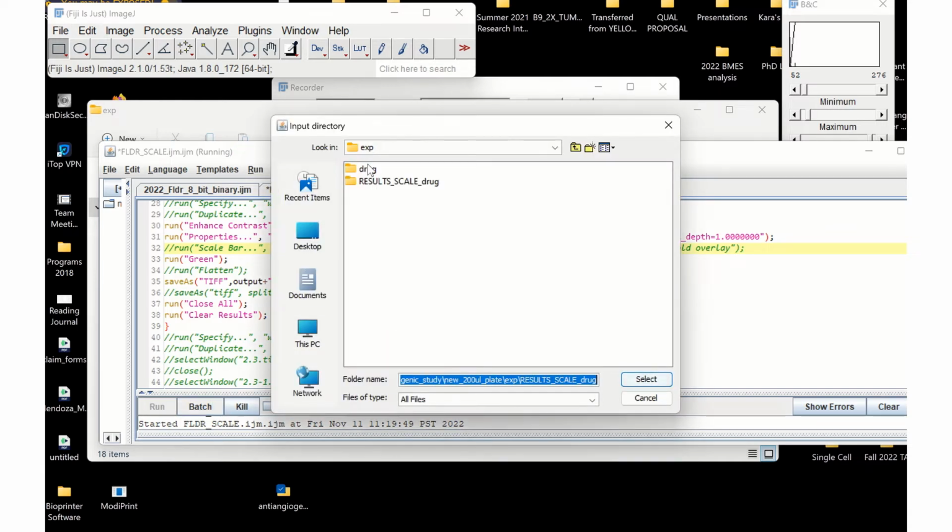So again, we're going to grab our drug folder. We're going to select, remember this is our input directory. So this is where we're telling the software, go into this folder and take these images for me. Select that. This new window is output directory. So now we're telling the software, I want you to store my images in this folder. So we're just going to say results